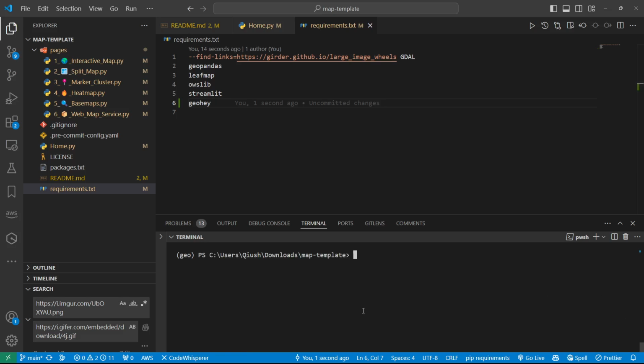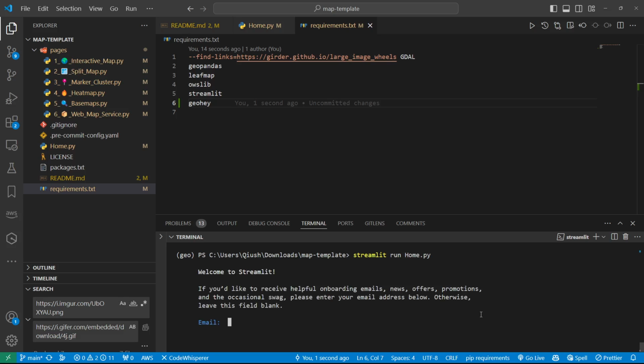This is where you can actually spin up the server locally so you can see the web app. What you need to type is like this: streamlit run home.py. Basically, home.py is just the landing page of your web app. It's the Python script. Streamlit run home.py, hit enter. Hopefully it works. It's going to open a new tab on your browser, and then it will show you